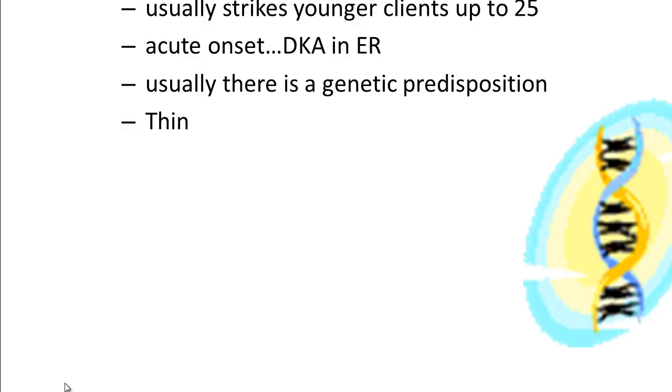The basketball player Ray Allen's son just recently succumbed to this. There's usually some sort of genetic predisposition, but just because your father was diabetic doesn't necessarily mean you'll become diabetic, but there is a genetic predisposition. And typically these patients are very thin and lanky because of their decreased protein mass as a result of muscle wasting and decreased adipose tissue stores, which have been utilized during the course of their hyperglycemia.